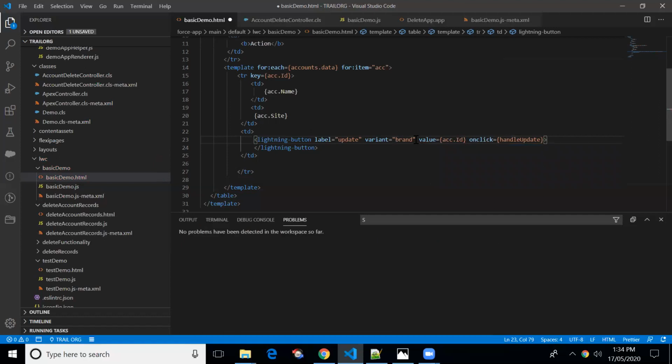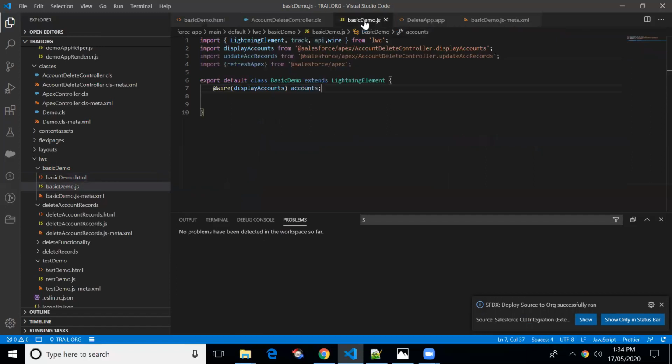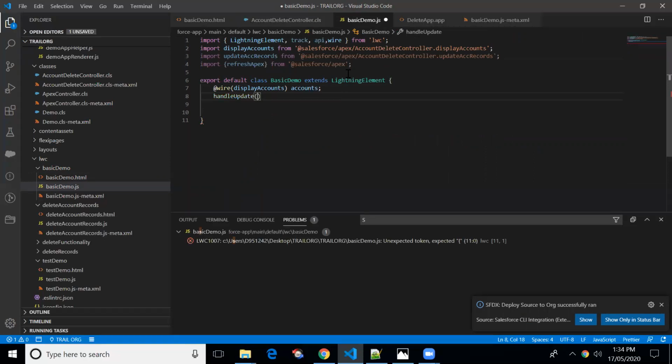Let me push this code to the source. Okay, so we are successfully able to deploy the code to the source org. So I'll write this method, handle update. We'll be getting the current value, so we have to make use of event.